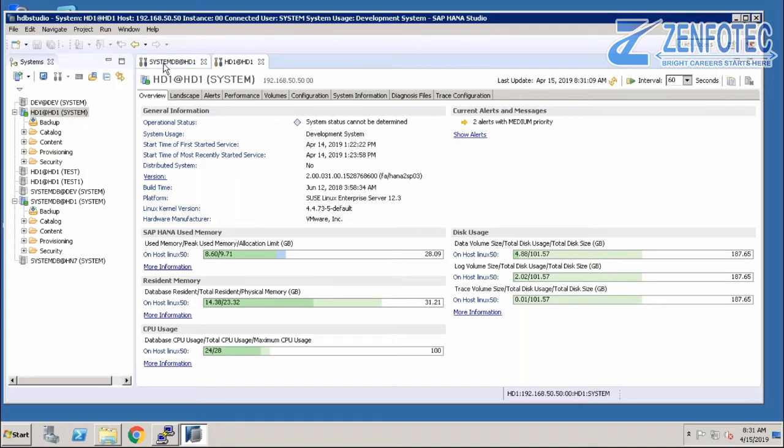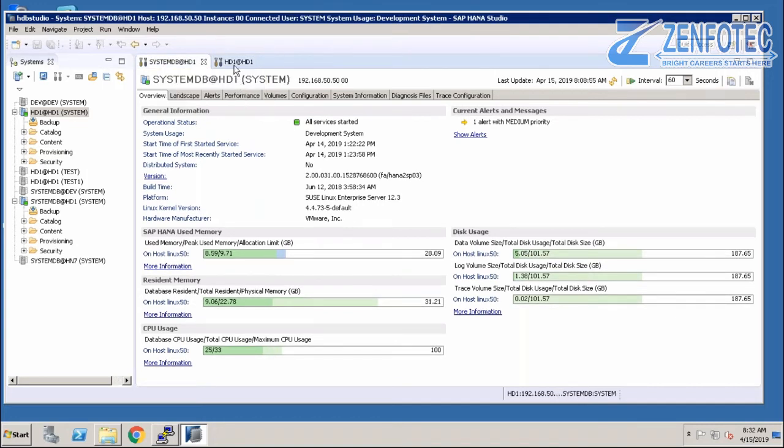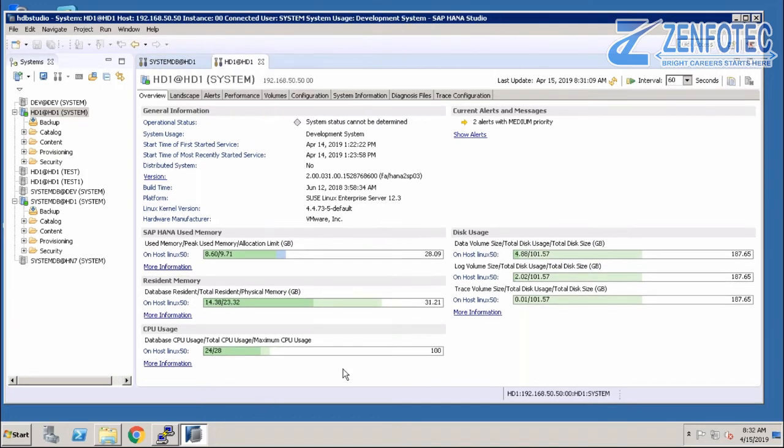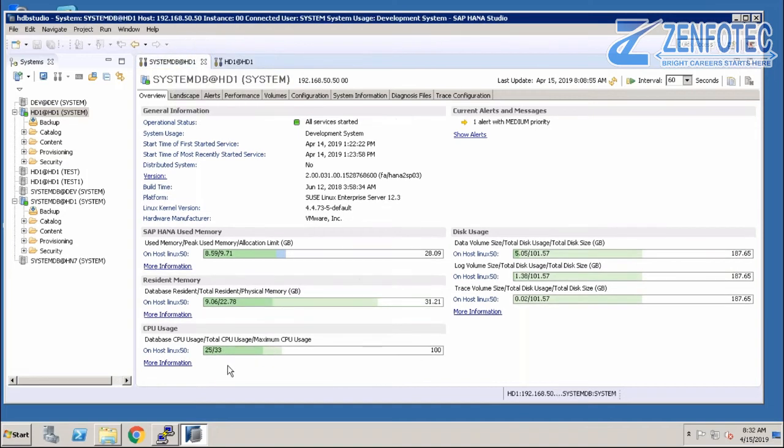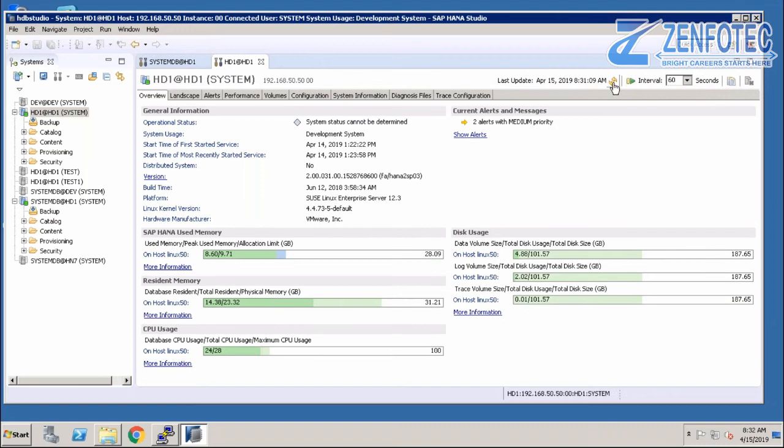The CPU is different, right? CPU usage, no, it's the same. If I refresh here, it will be changing. It is utilization, so in seconds the CPU and memory utilization is changing.